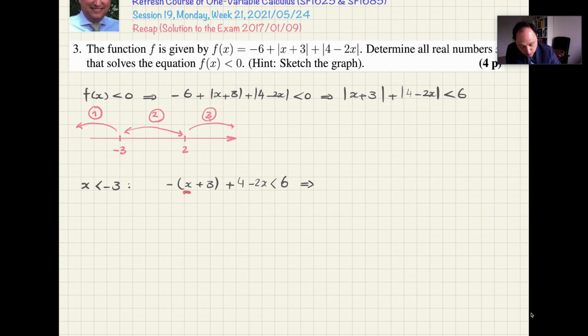So it becomes -x minus 2x, which is -3x. And then what I have is -3 plus 4 is 1. I move 1 to the other side, it becomes 5. And I divide both by -3, so you need to remember to swap the direction of this sign. It becomes -5/3. Okay, so this tells you that x should be